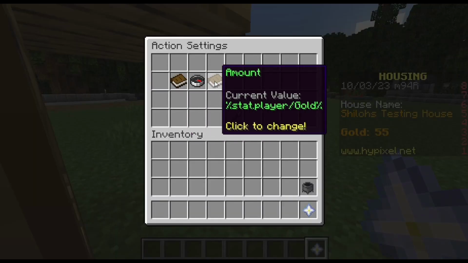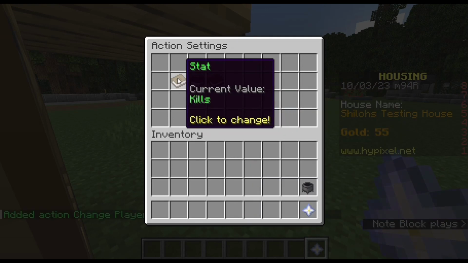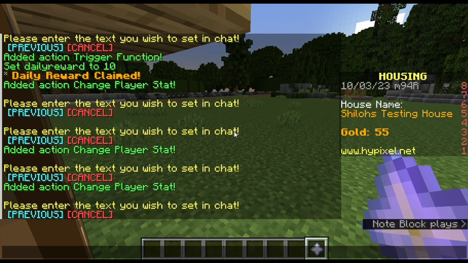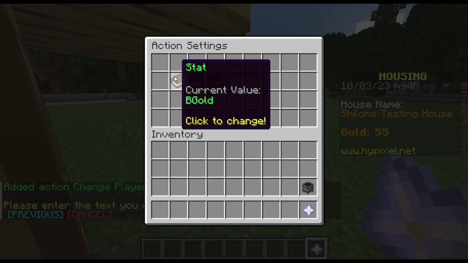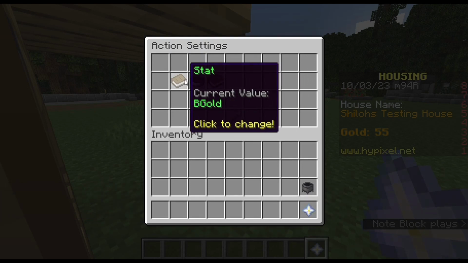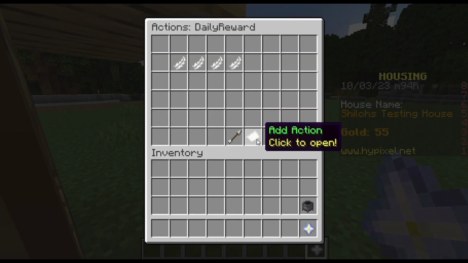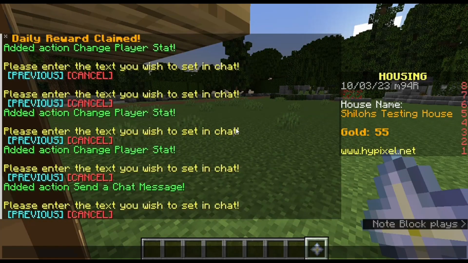B gold set. Yep. And then finally we're going to add one more change player stat. And it'll be B gold decrement. Decrement just means subtract. And we'll subtract the A gold amount. And then we want to send a chat message. Say at 6, this will change it to orange. You got